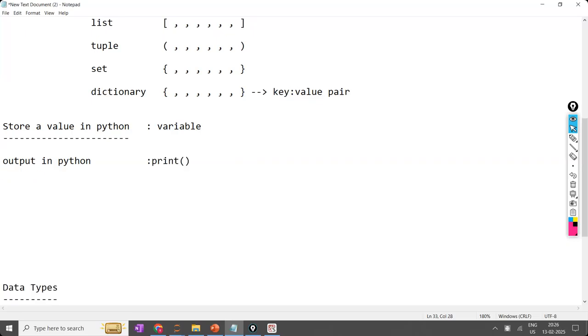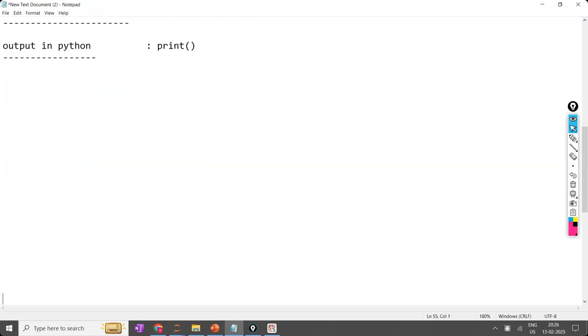Output is nothing but what you are going to print. Print is considered as output in Python, whatever you want to print. Now, what are the possibilities of print? Let us understand this clearly. So let us focus on the output in Python. The heading is output in Python. And in Python, we have